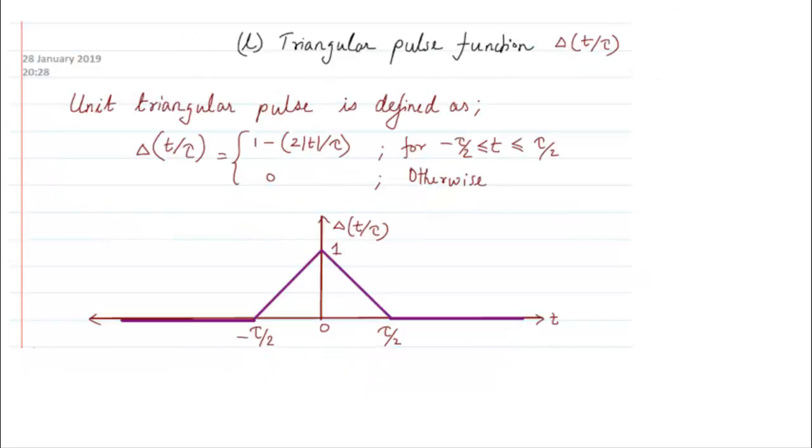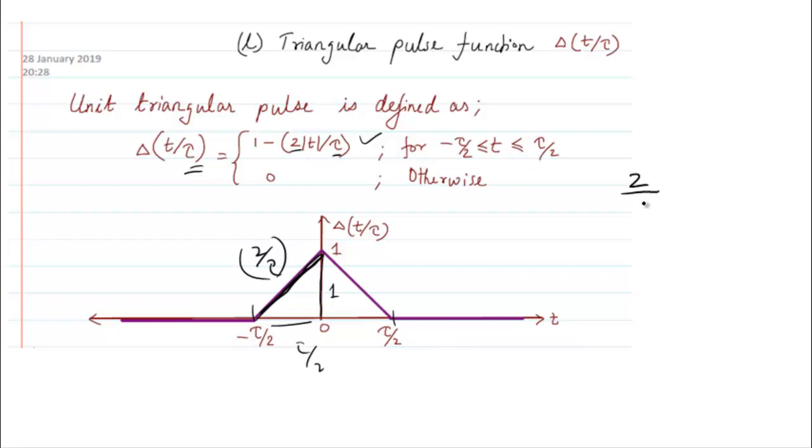Another special function is the triangular pulse. It's just like the rectangular pulse, the only difference is that the shape is triangular here. This equation you will understand after you study the signal operations, but basically it will also exist with respect to tau from minus tau by 2 to plus tau by 2. And as you can see, the slope of this line is a positive slope, and since the height is 1 and the width is tau by 2, you can say that the slope here is going to be equal to 2 by tau. Correct? So that 2 by tau is basically what is written here.